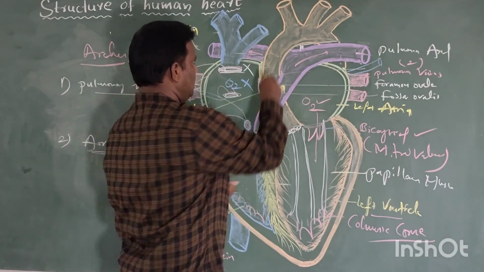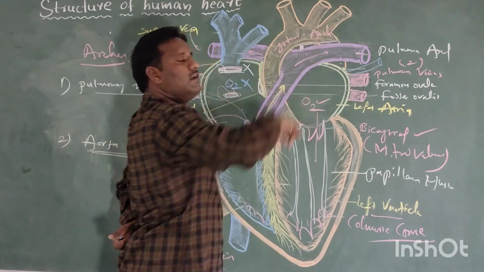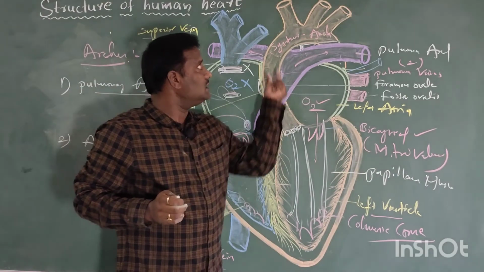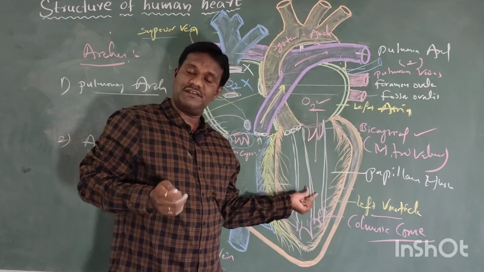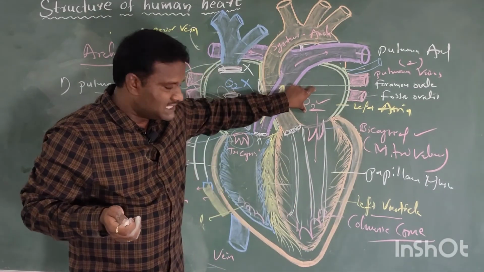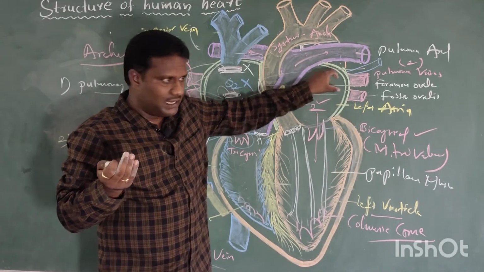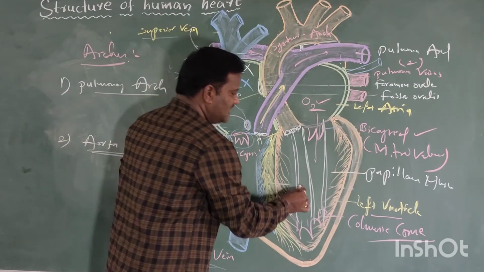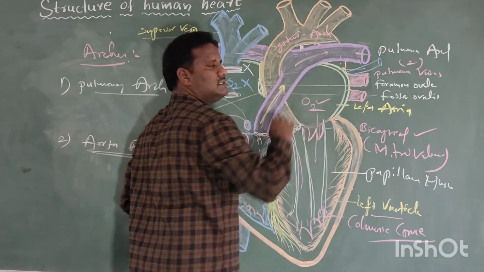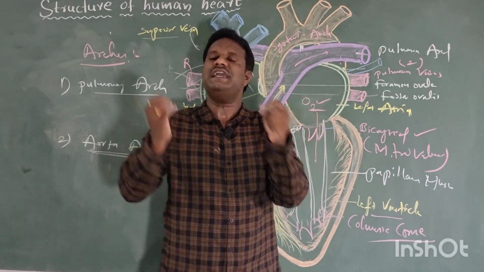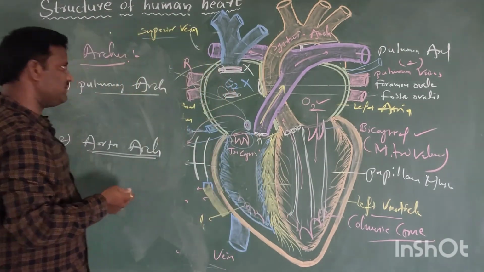And the second one is the aorta arch, also called the systemic arch. This is a very large structure. The systemic arch is generated from the left ventricle. What is present in the left ventricle, Nana? The oxygenated, fresh blood enters from the left atrium to the left ventricle, and this fresh blood directly enters the systemic arch, which transports it to each and every cell in our body. Right, Nana? This is most important for MCET and NEET bits.